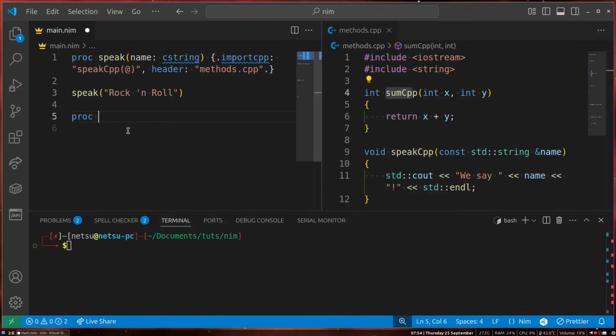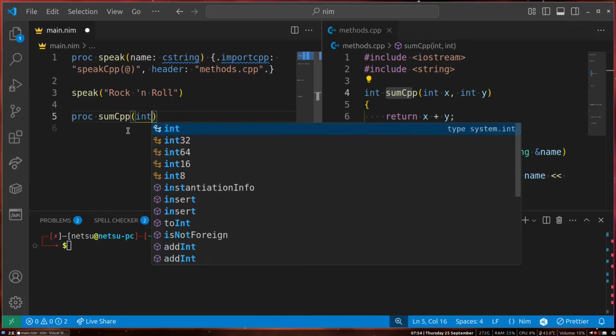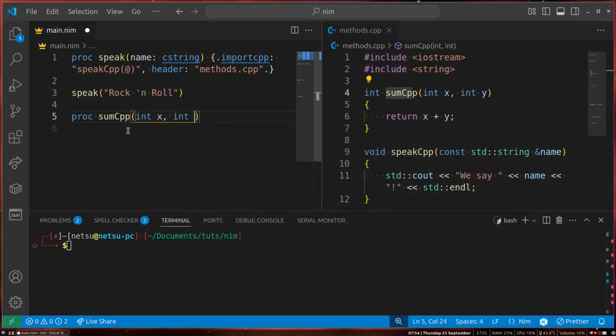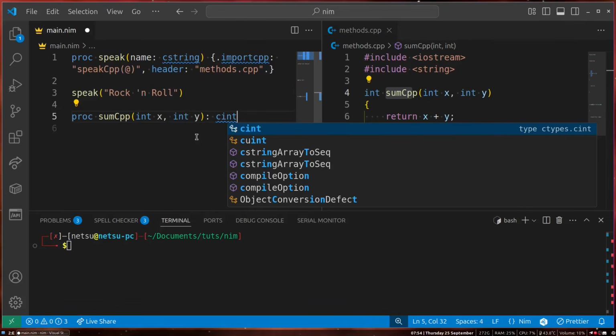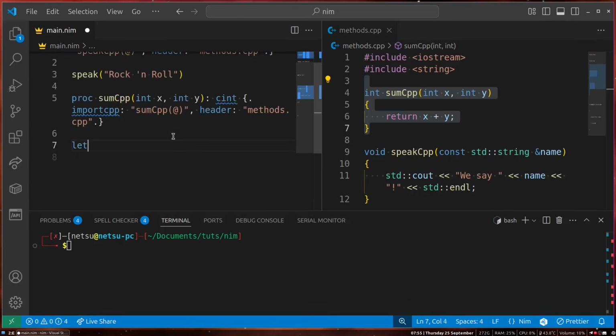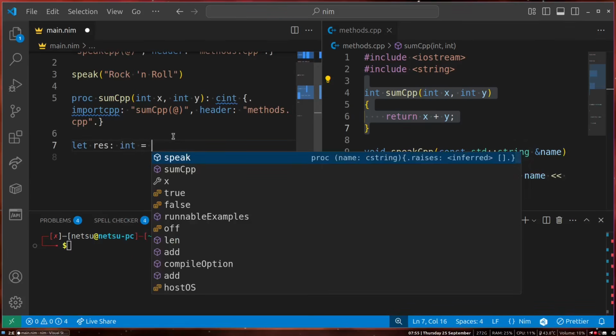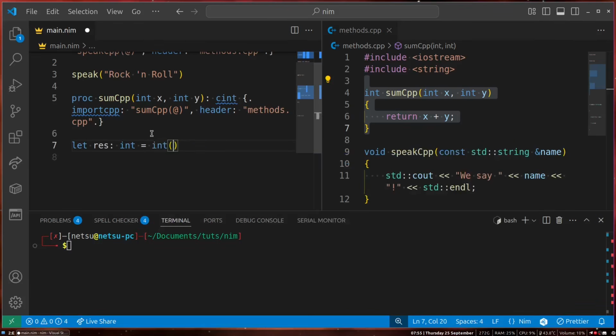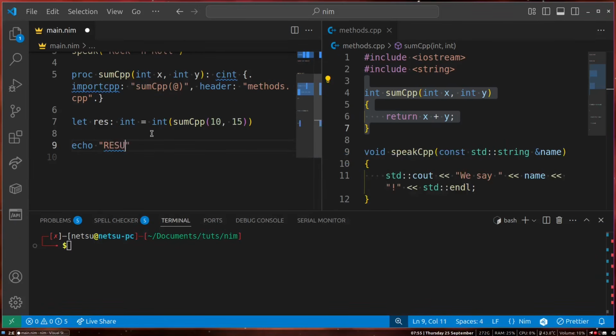So we go procedure, sum CPP, just calling it the same, just so we have a fun example to work with. We have int x, int y, and then it returns a cint. And in here we have import CPP, and we specify sum CPP at that. Now that we have that, we can say let res, which will type int, and if we want to convert the cint into an int, we just specify int, and we say sum CPP 10 and 15, and then we can just echo out result